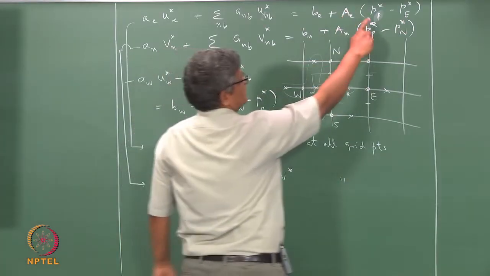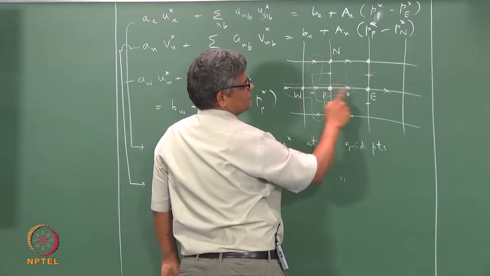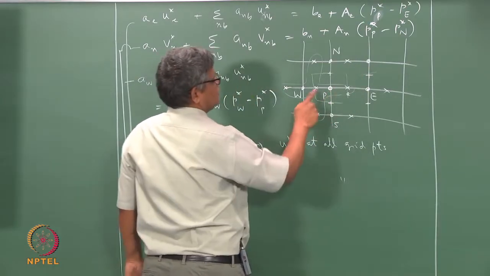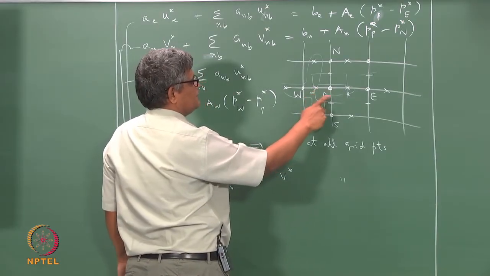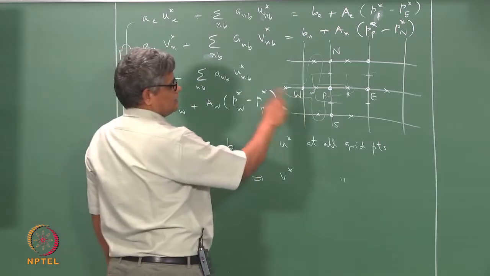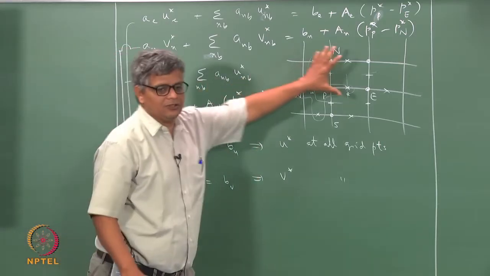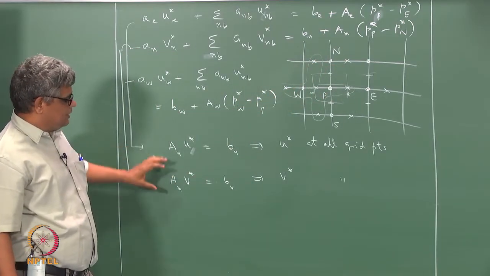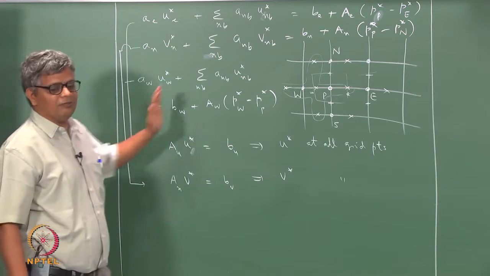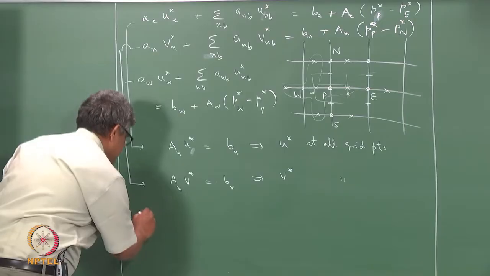We can see that in order to evaluate ue at this point, we need p at this point and this point, and in order to evaluate u velocity at this point, we need pP and pW. So, in order to solve this equation, we need to know pressure at every point, and similarly we need to know pressure at every point. So, we can solve these things provided pressure is known. So, what we do, we guess